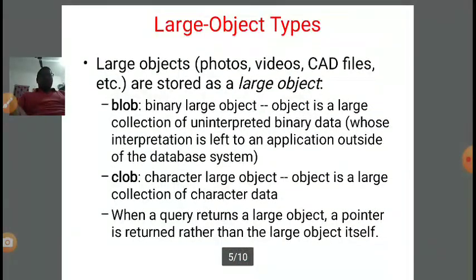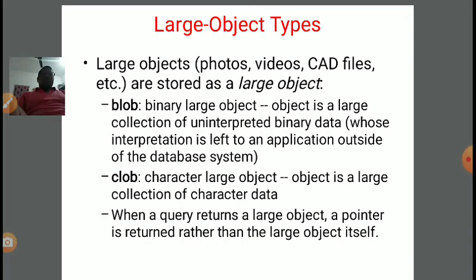Now large object data types. Large objects like photos, videos, CAD files, etc. are stored as large objects. Blob is called a binary large object.